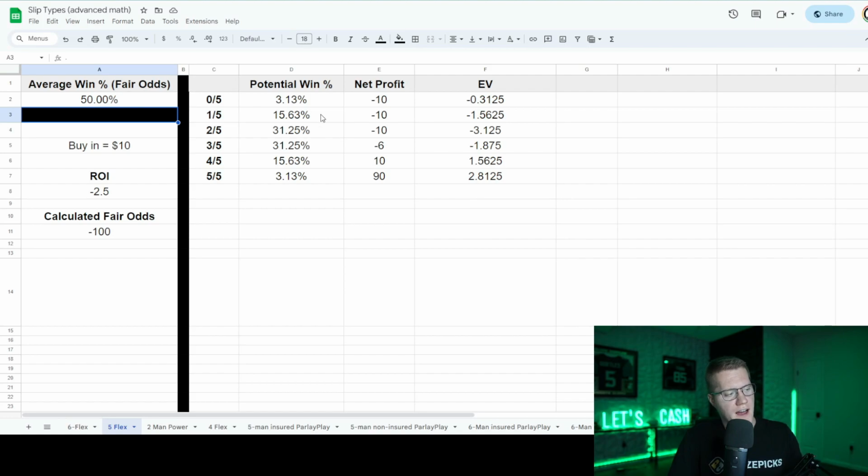this would then show you the % odds that you would be hitting on each individual leg combination, going 0 of 5, 3.13% of the time, 5 out of 5, 3.13% of the time. You guys get the picture here. And it would show you my ROI over the long term based on a buy-in entry of $10. Meaning if I were a 50% sports bettor, over the long term, I'd be losing $2.50 for every $10 that